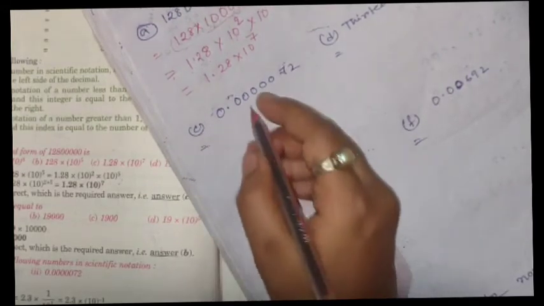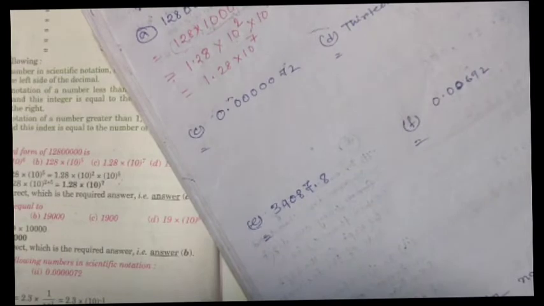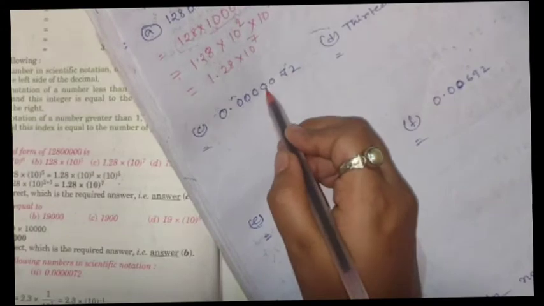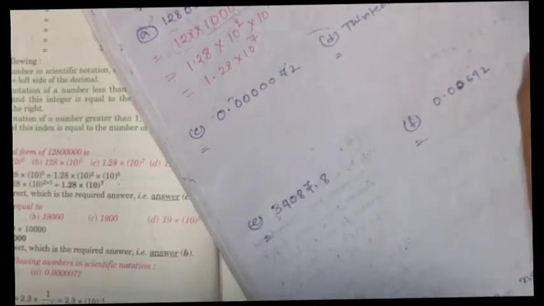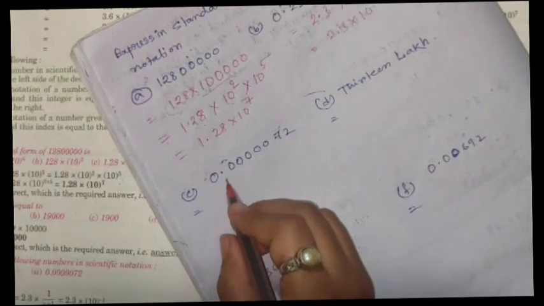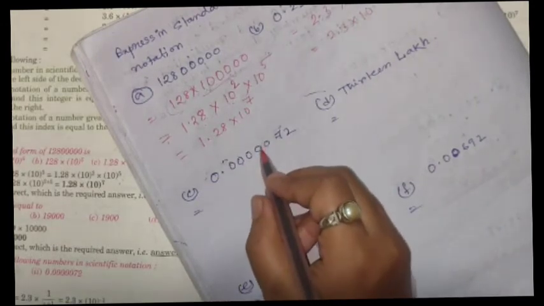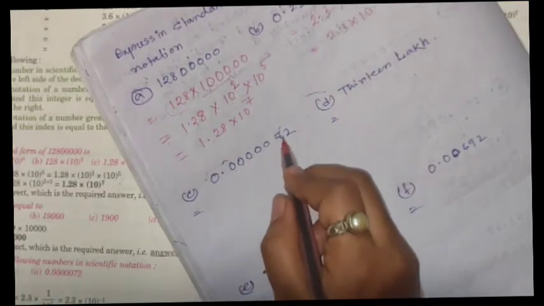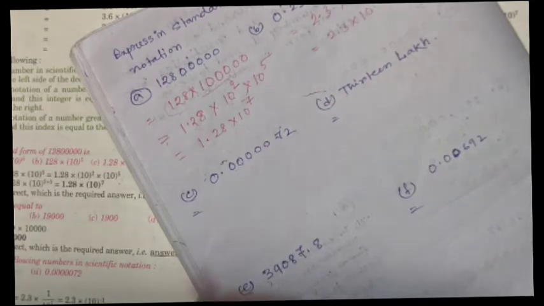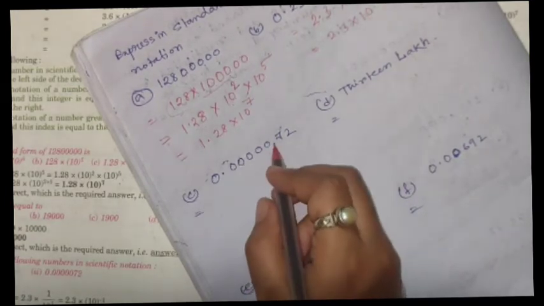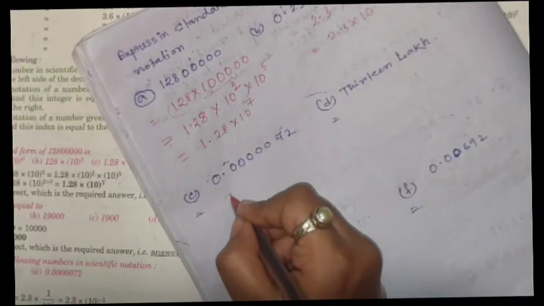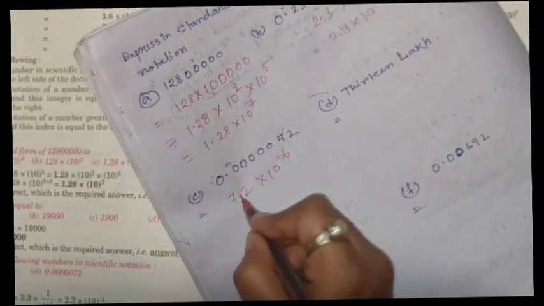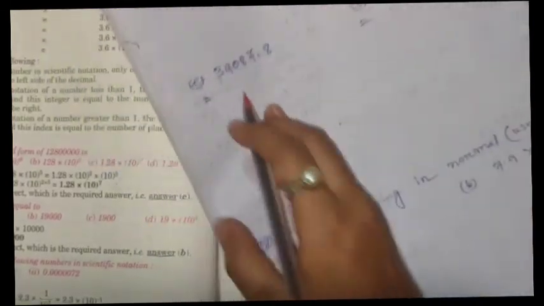0.000072. So we need to move the decimal to the right side because this is less than 1. 1, 2, 3, 4, 5, 6 places. Here we need to move the decimal 6 places, 1, 2, 3, 4, 5, 6, to the right side. So 7.2, 10 to the power minus 6, this will be the standard form. Okay, next